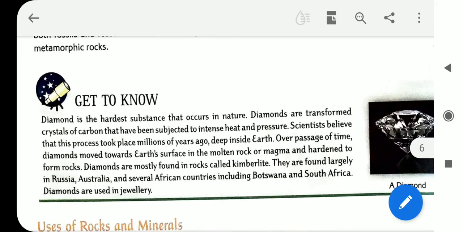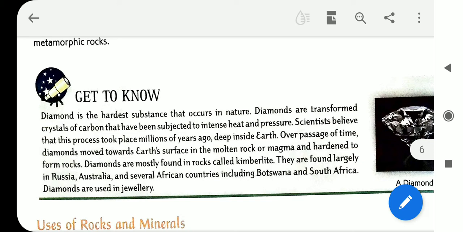Next we get to know that diamond is the hardest substance that occurs in nature. Diamonds are transformed crystals of carbon that have been subjected to intense heat and pressure. Diamond is a very precious stone. It is very expensive in our society, but scientists believe that this process took place millions of years ago, deep inside Earth. Over the passage of time, diamonds moved towards Earth's surface